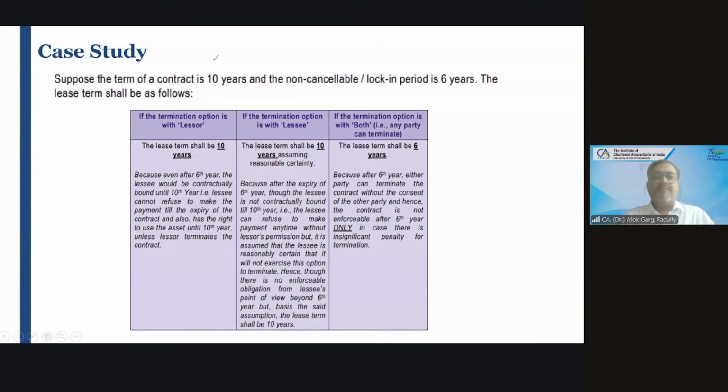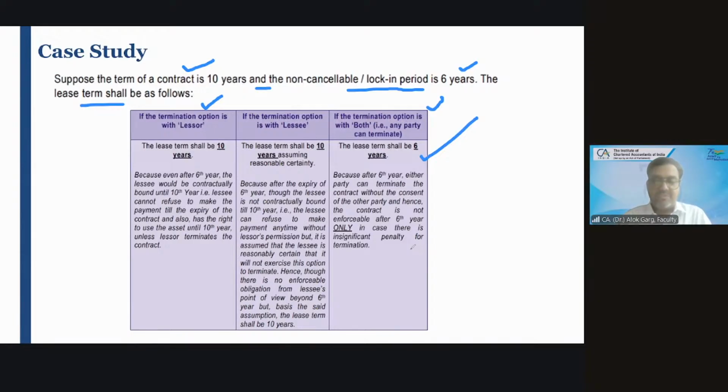Suppose the term of a contract is 10 years and the non-cancelable or lock-in period is 6 years. The lease term shall be as follows. If the termination option is lying with both the parties, what will be the lease term? The termination period will not be considered, right? So lease term will be 6 years only, because after the 6th year, either party can terminate the contract without the consent of the other party,